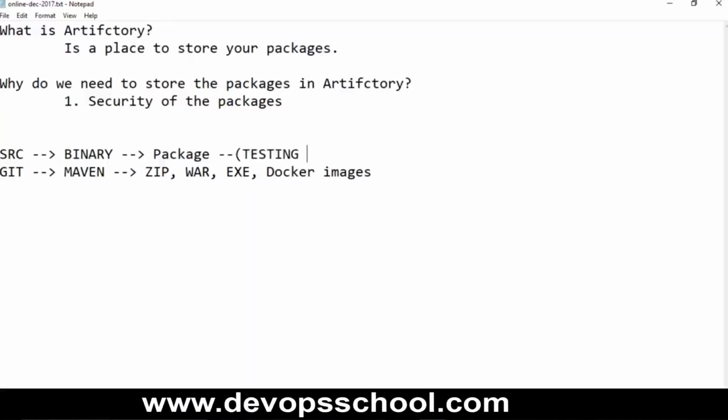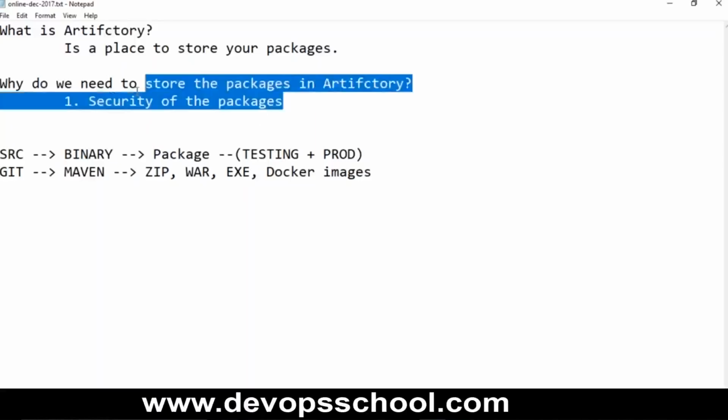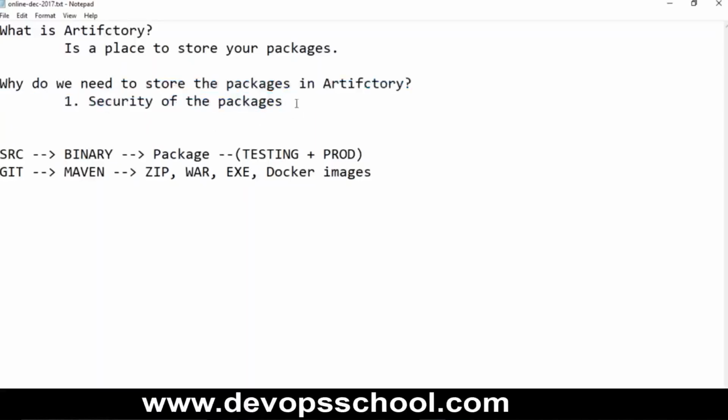So how can you secure the packages you are using for testing and production? That's one important thing. With FTP, you have no mechanism by which you can certify that the package has not been changed, that the integrity has not been compromised, and things like that. So that's the one thing. The second thing is,